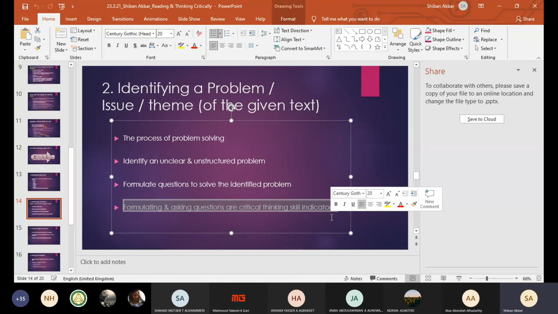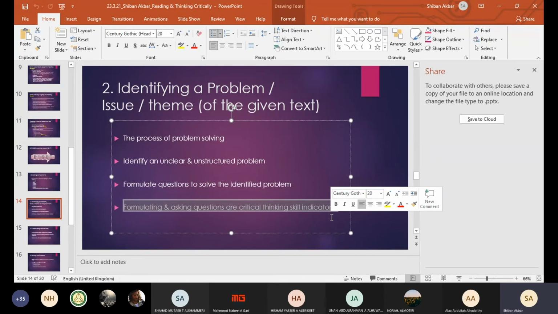You're looking at the heading, the subheading, or the title, the vocabulary which are given in boldface, and you're thinking, okay, why has this been given? Why is this being highlighted? What is the meaning of that? So that is when you're formulating and asking questions, which you do in a scientific investigation, which you will